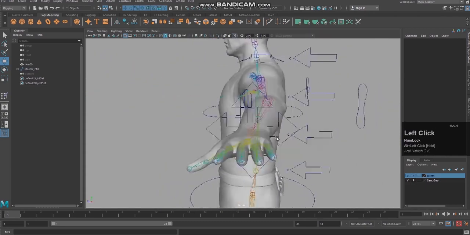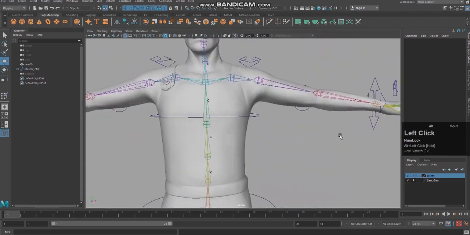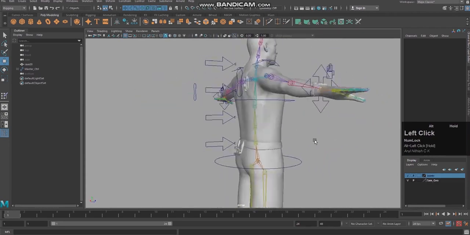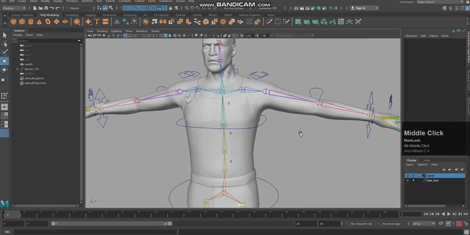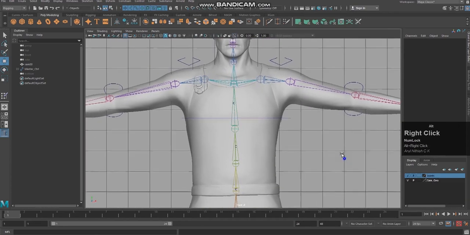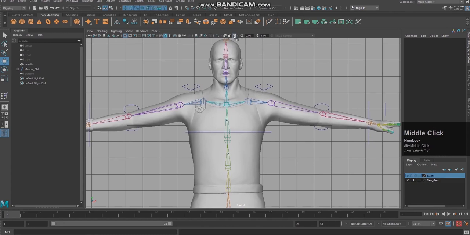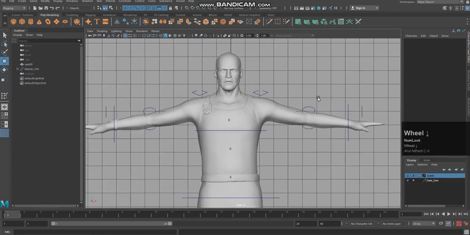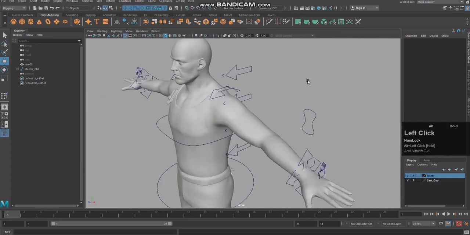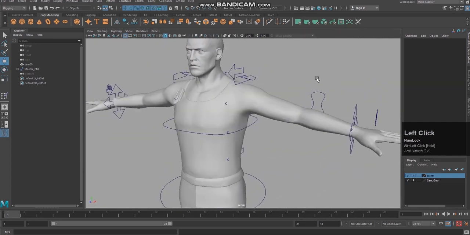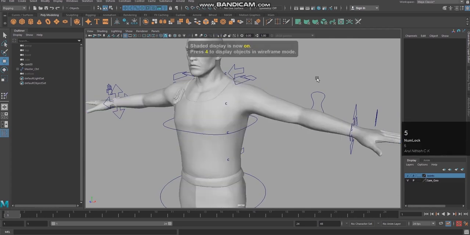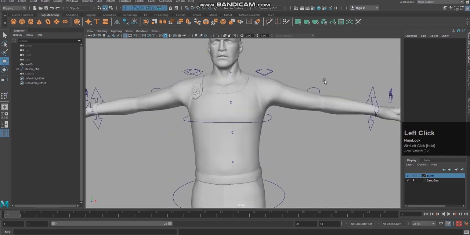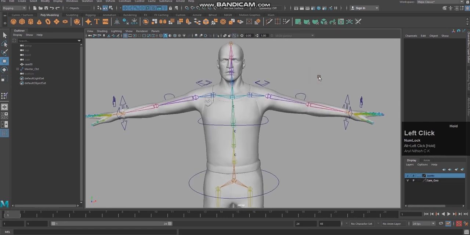For that we should have a skin and joint structure with bind skin and everything, like this. Come to front view, and I have turned on the X-ray joints. If I turn off the X-ray joints in normal mode, joints will not be visible. We would need to go to wireframe mode every time to see the joints. So in mesh mode, to see the joints, I turned on the X-ray joints. Okay, so I can see the joints.